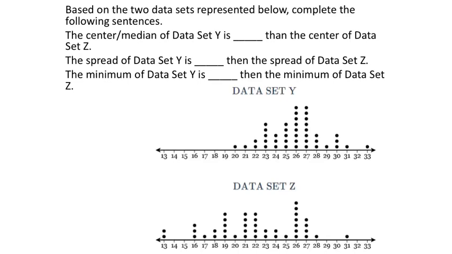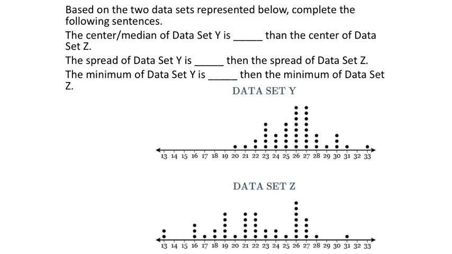So while that probably is clear as mud, let's get on with this problem here. We're looking at these two data sets. I've got set y on the top, and then I've got set z below. We're always comparing on all three parts of this set y to set z. So I've got to figure out where set y is and then compare where I would expect it to be for set z. We're not actually asking you guys to solve these for either a median or finding the actual